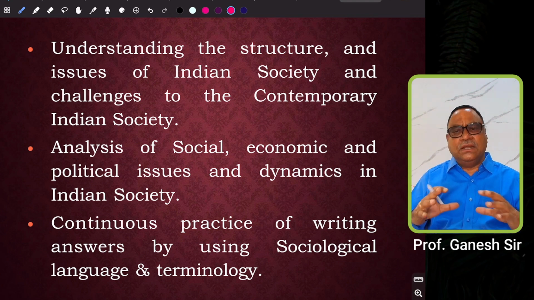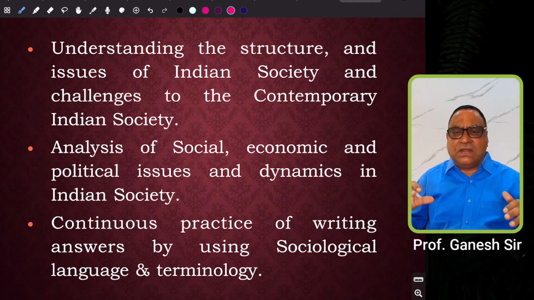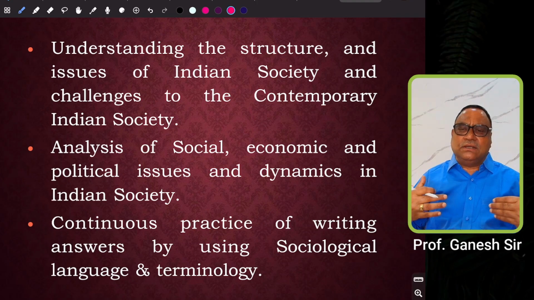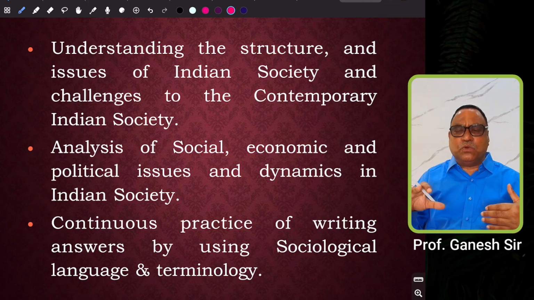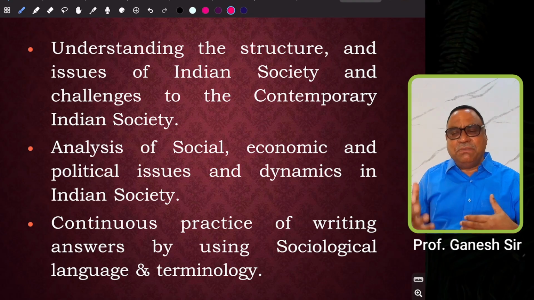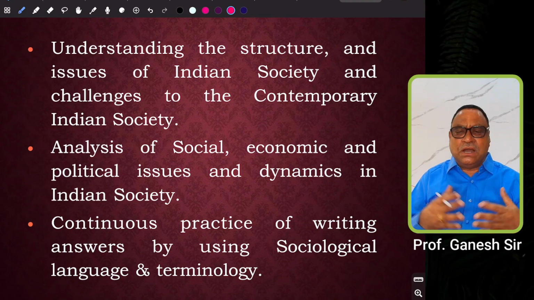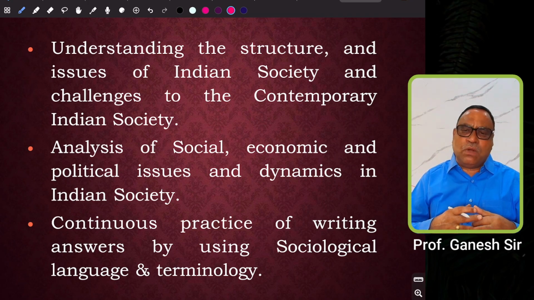then agrarian society in Indian society, then tribal society in India, and how the various tribes are distributed in different geographical regions, what are their specific problems, and what are the initiatives of the government of India for rural development and tribal development, and how these rural development programs are impacting Indian rural society, what kind of changes have occurred due to the effective implementation of all these rural development programs or tribal development programs. So this kind of analysis is very much required, especially in paper 2.